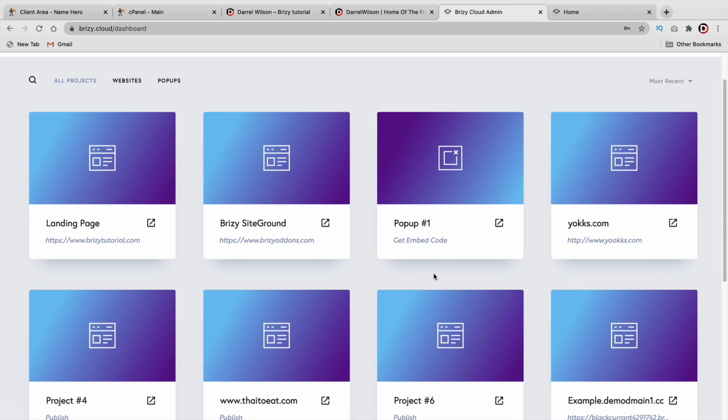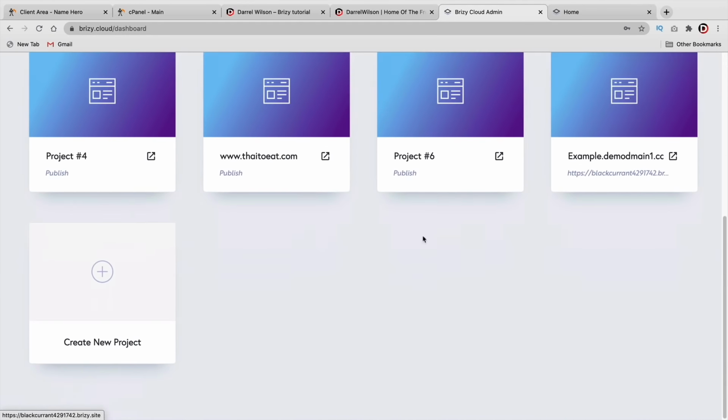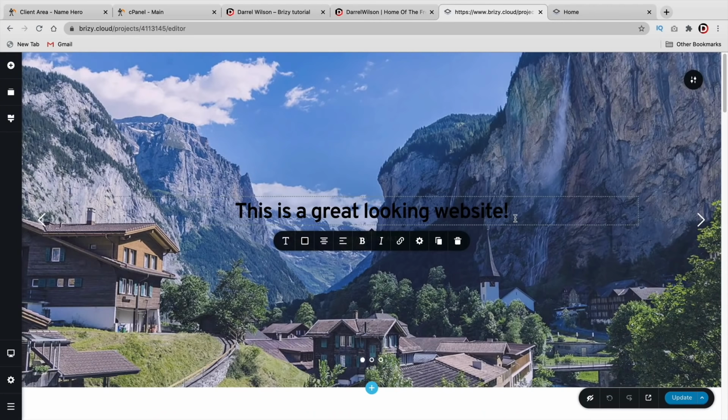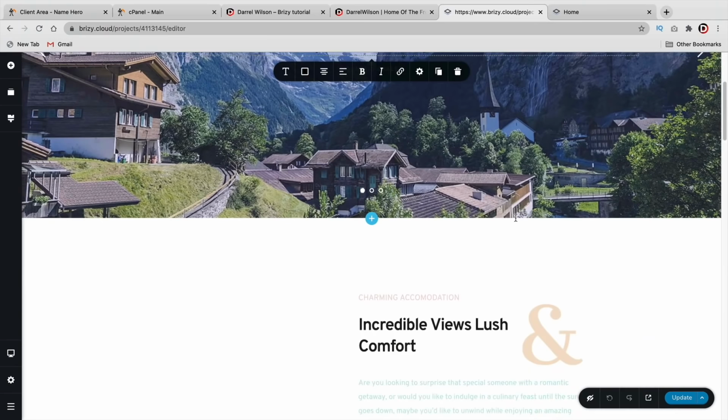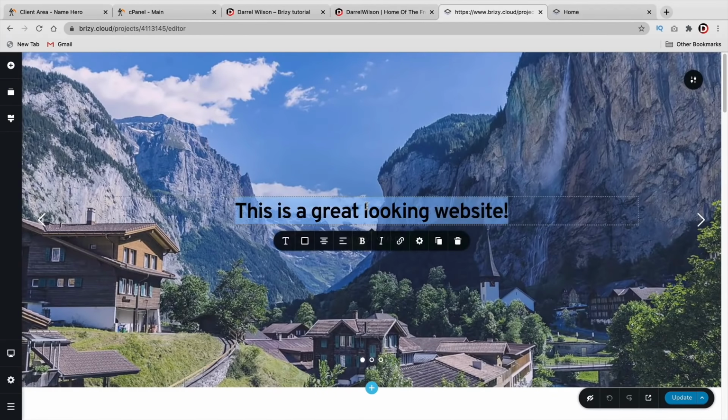So just to give you an idea of what I'm talking about, maybe you're kind of new to this and you don't understand. Let's say, for instance, we have this domain right here. What you can do is make a new project, and then I can go ahead and edit the project. So now we can build the website as normal. You can make any changes you want to the website. So I have, this is a great looking website, but instead I'll change this to just Brizy,